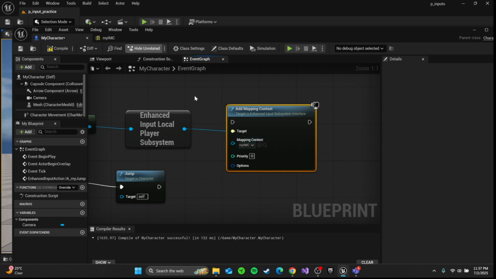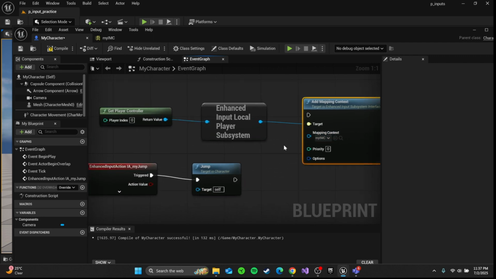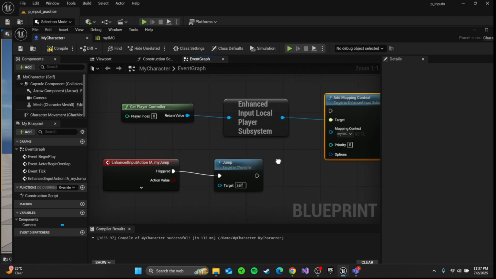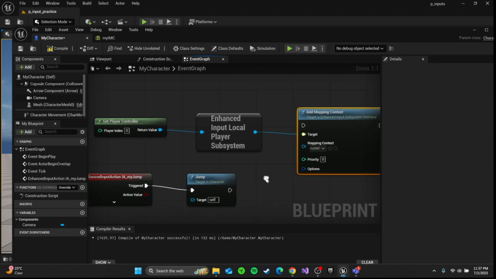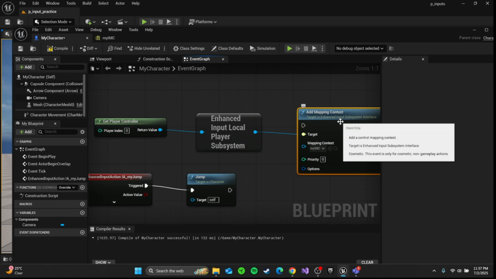And remember, the input mapping context has the key of the spacebar set so that when it triggers, it jumps. Okay, so basically, it's gonna do everything we had from before, the jumping action, but now through proper input nodes